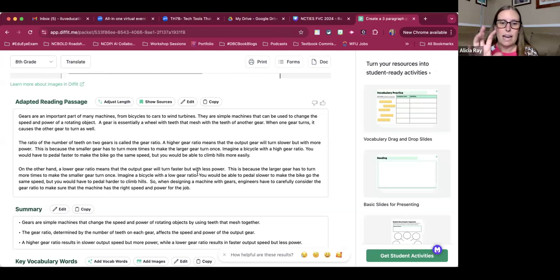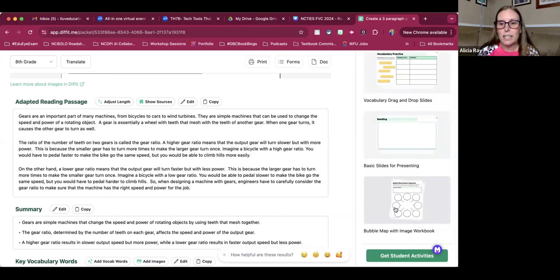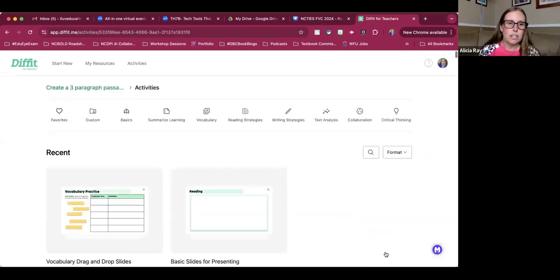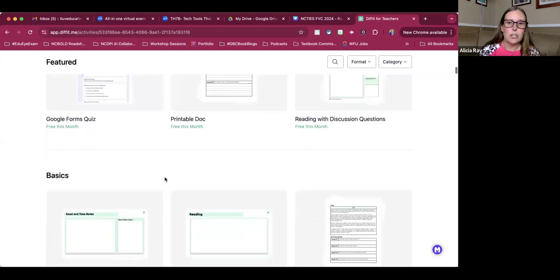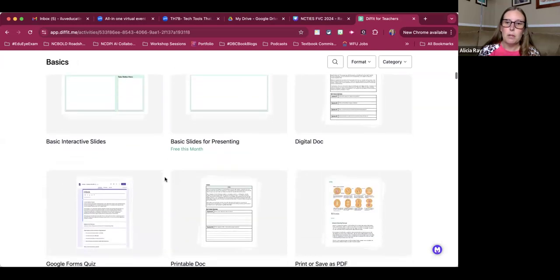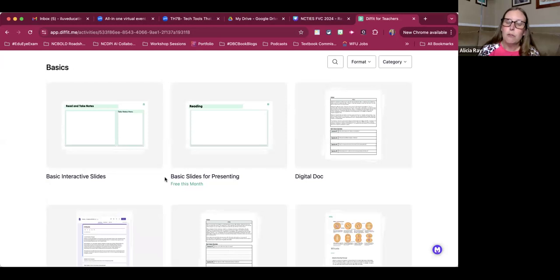This is not something that I could be like, yes, I'm just going to give this to my students, no matter how many amazing slide decks it gives me. And boy, look at this. Get student activities. Woohoo! It's got a bazillion. Now, this might be one of the very few freemium tools that I would buy, because you see right here where it says free this month. Well, I can click on that and I can make it free right now.